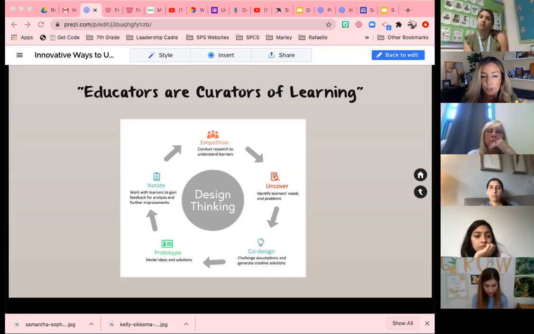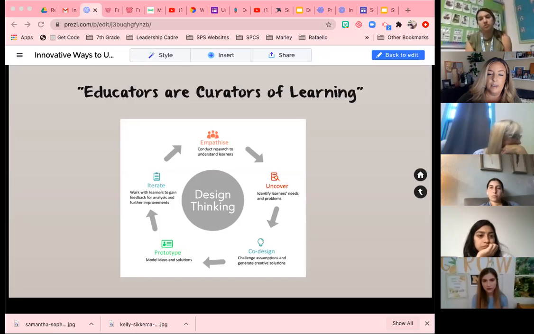You don't even know your students yet, so how could you possibly be designing lessons for your students? That to me is mind-boggling. We have to be able to empathize with our students, right? We have to be able to kind of see it from their worldview,